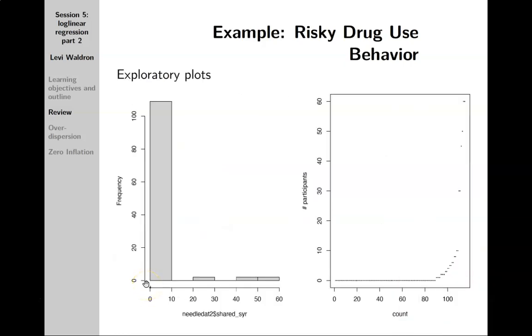Making a couple exploratory plots of this data set. This is just a histogram, and we see this huge bump down at 0 and just a few high values. Or plotted another way, the x-axis here is an index, that is, if we rank all of the number of needle sharing incidents for each drug user, from 0 up to the maximum value, and plot the rank against